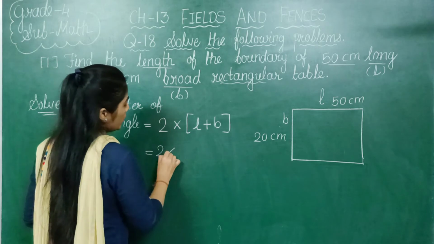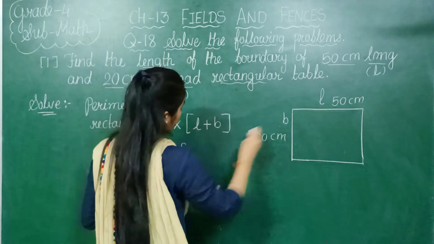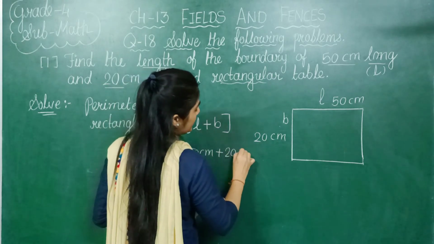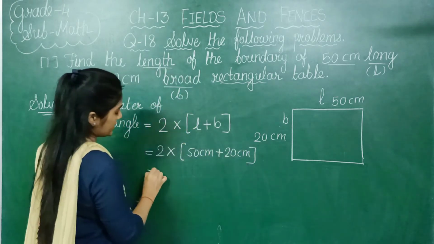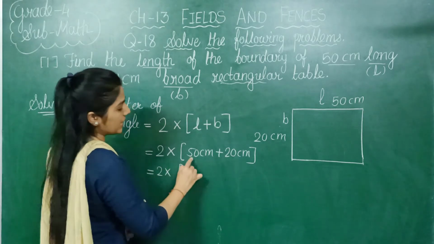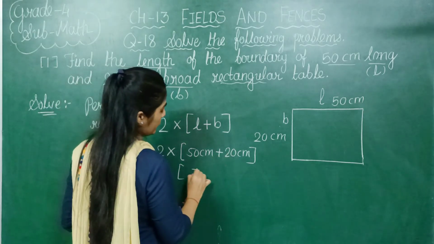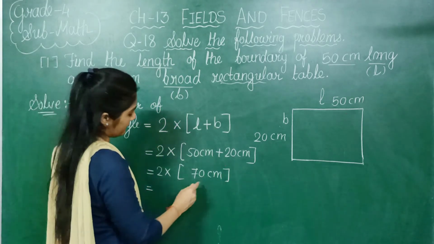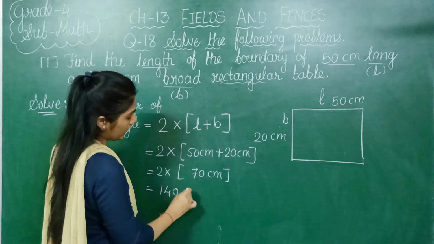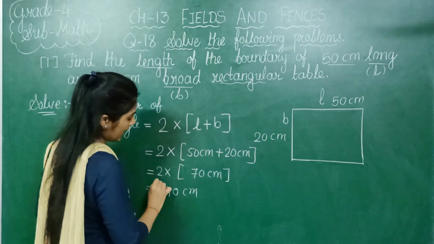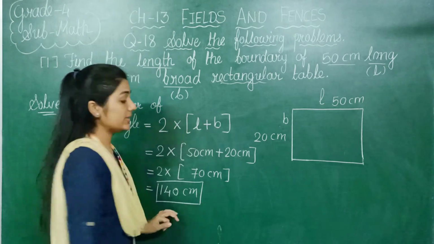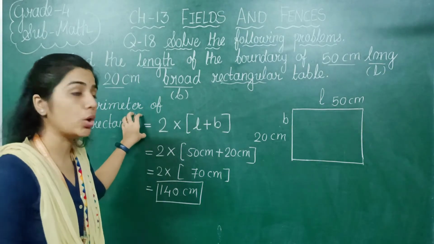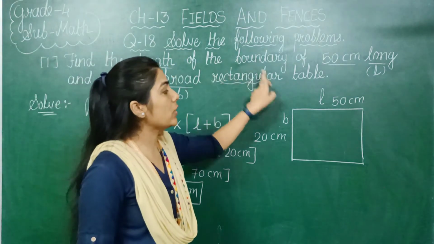So 2 multiply, L means 50 centimeter and B means 20 centimeter. First of all we will add this 50 and 20. So we will get 70 centimeter. Now 2 multiplied by 70. So we will get 140 centimeter as the answer. So we can say that the perimeter of the rectangle, or the length of the boundary of this rectangle